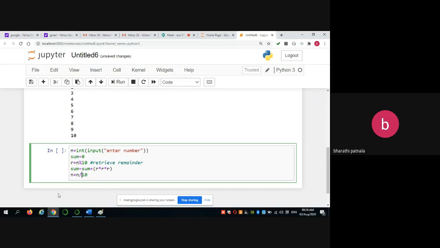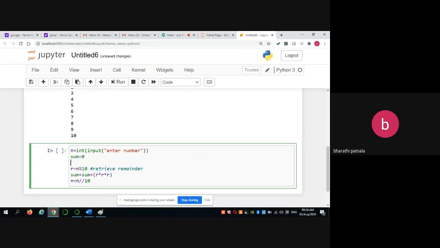Suppose we give n by 10, that gives a floating value. So in Python we have to retrieve the quotient value by giving double slash. Okay. So all these three statements will be executed till the n value is 0.